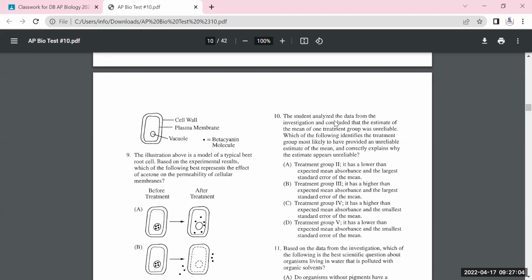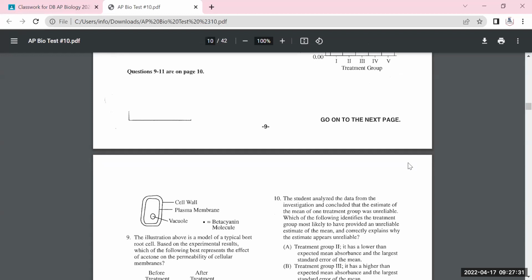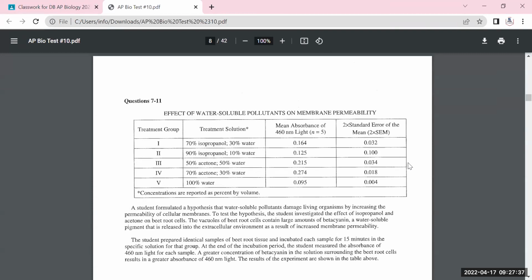Number 10. A student analyzed the data from the investigation and concluded that the estimate of the mean of one treatment group was unreliable. Which of the following identifies the treatment group most likely to have provided an unreliable estimate of the mean and correctly explains why it appears unreliable? Okay, if we look at the data, let's see. If we just look based on the SEM values,